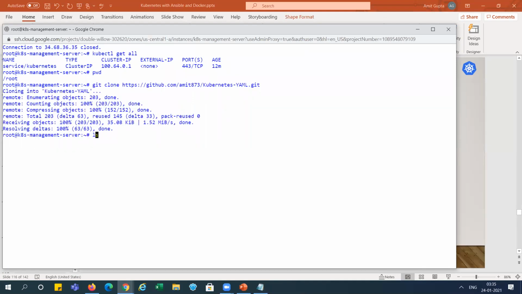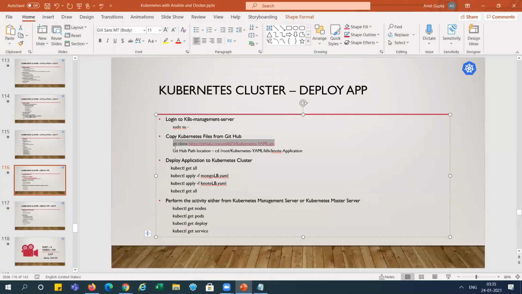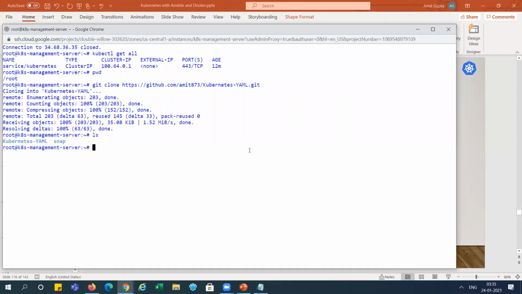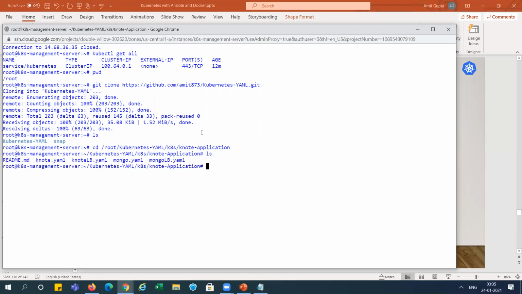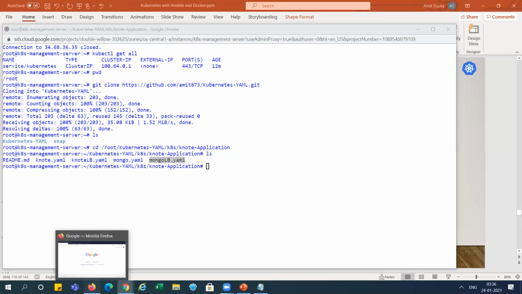You can see we got this file here, right? And we will go to a particular folder because we are using the Node application here. So I will show you the Node application in detail. You can see here we have node load balancer.yml and mongo lb.yml. We will use these YML files. Before using them, I will explain both files, what is written in there, right?